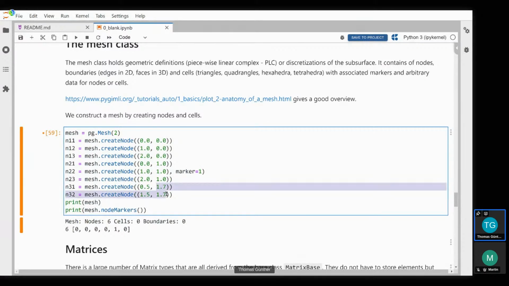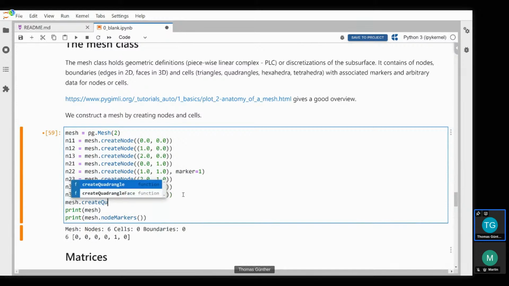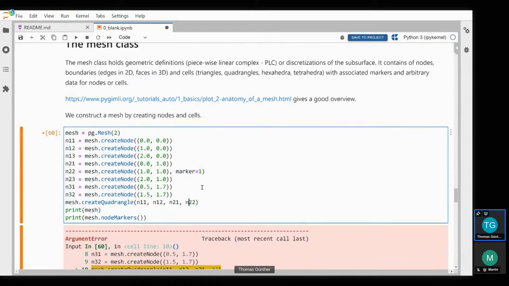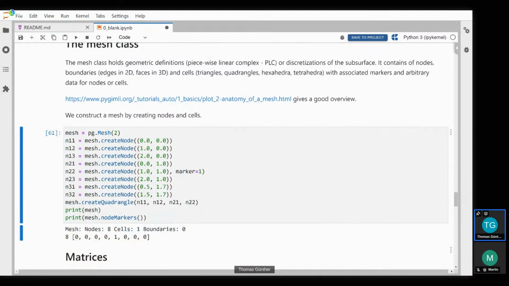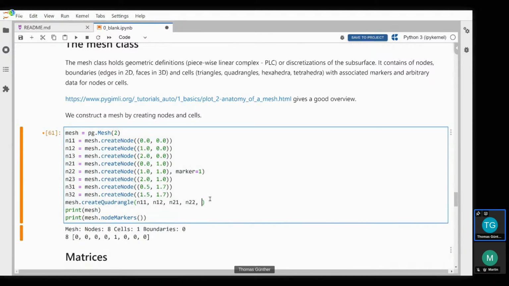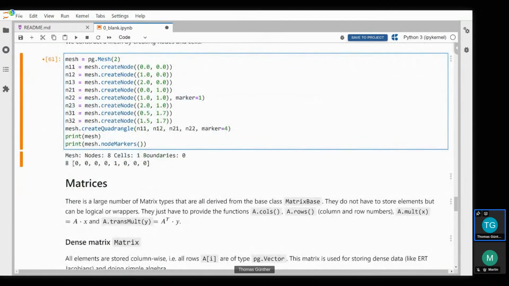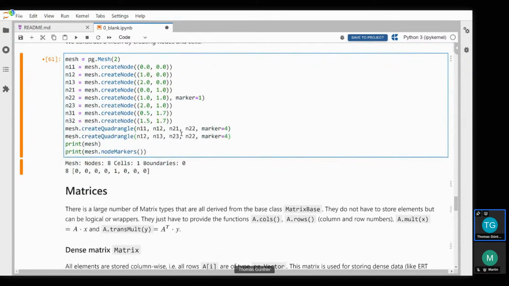So what I'm going to produce is one row of 2 quadrangles, and then I'm going to use 2 triangles. So I'm using the function to create a quadrangle, which is using nodes 1, 1, and 1, 2, and in the second row, 2, 1, 2, 2. Yes, of course, that's not a correct node, but now I have one cell. Okay, I can also give it a marker, like I'm going to give it a marker of 4, which is just specifying it's a quadrangle for me, and I do the same again with the next nodes. So 1, 2, 1, 3, 2, 3, 2, 2, and what I can also do at the very end is